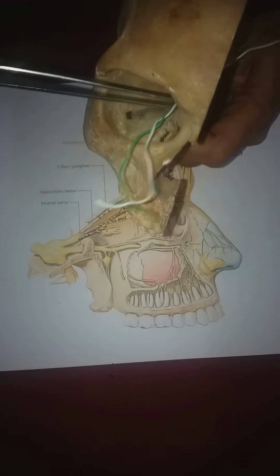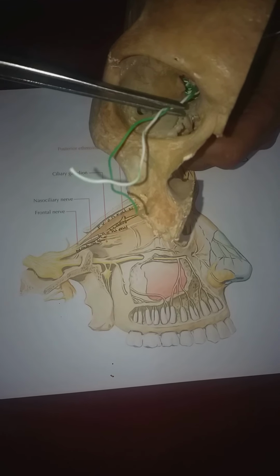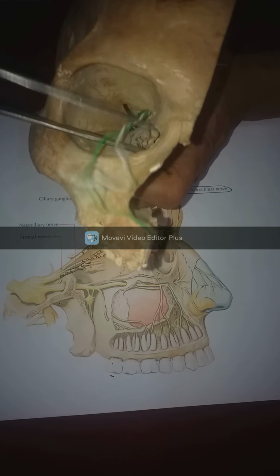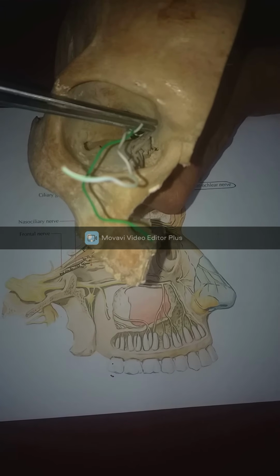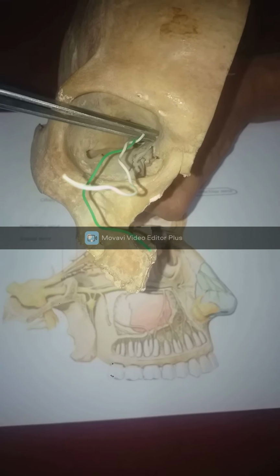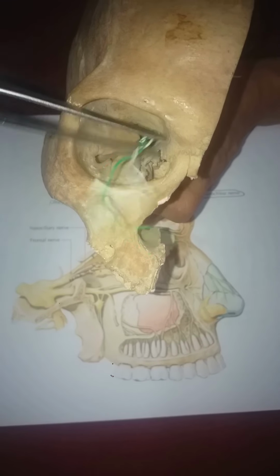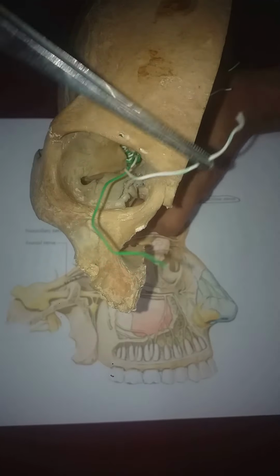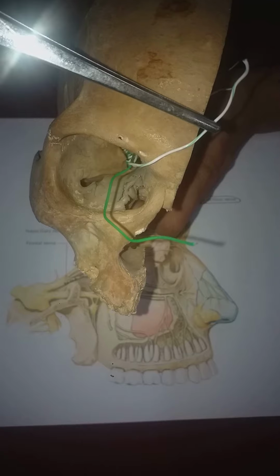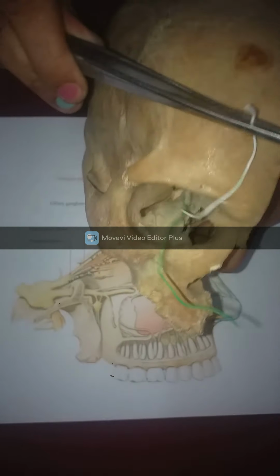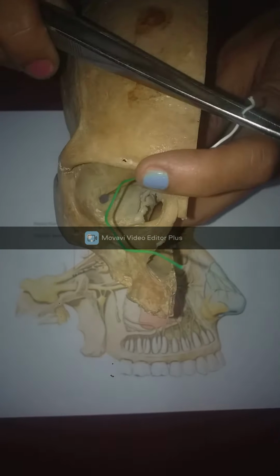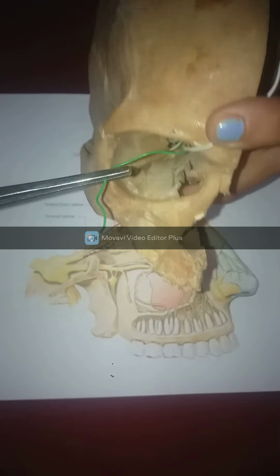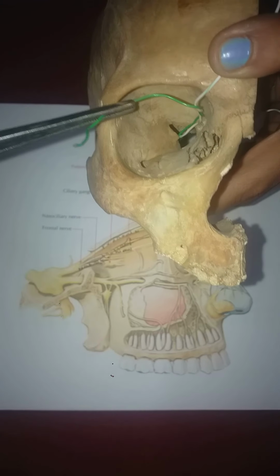Okay, consider before it divides into its divisions or its branches. Now here in the bony orbit, the ophthalmic nerve will divide into 3 branches. One is frontal. Let us pick this up. This is frontal. Go to the frontal bone. Not interested for here. And I will hold it like this. And let us see this green branch. This is lacrimal. It will go to the lacrimal gland in your lacrimal fossa.